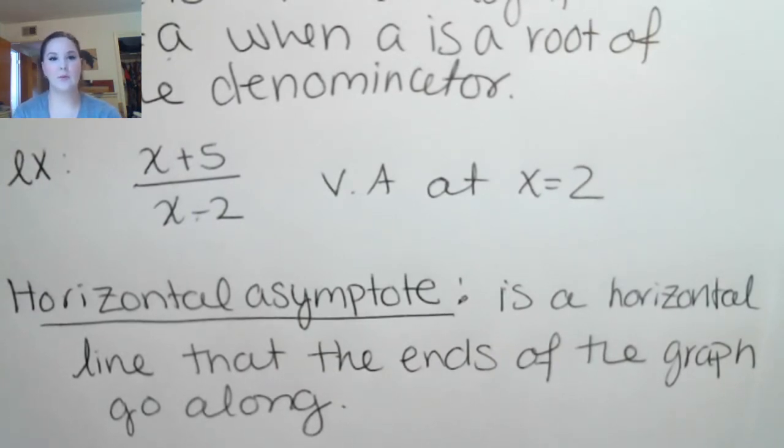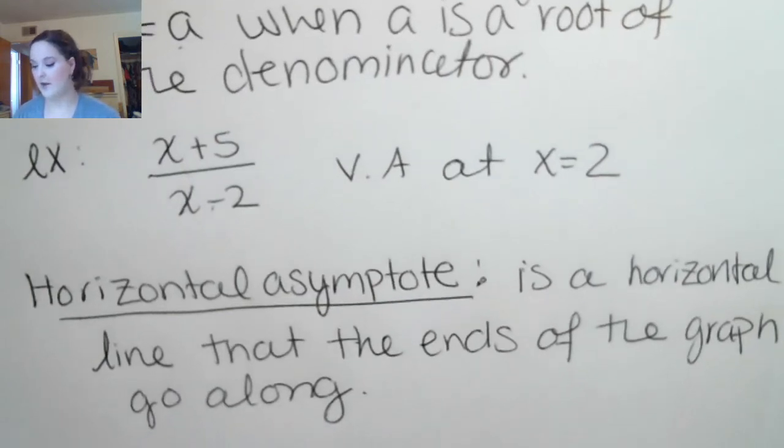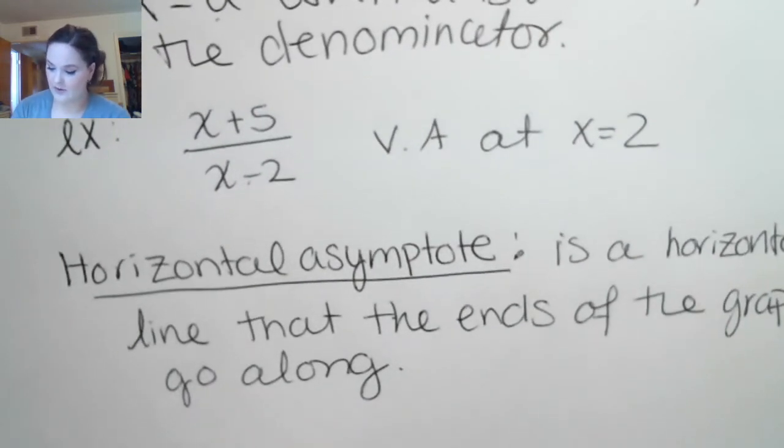Okay, this is taking the place of what we talked about with polynomial graphs when we said end behavior. Okay, so this really tells you what the ends of the graph look like. Okay, you get a horizontal asymptote